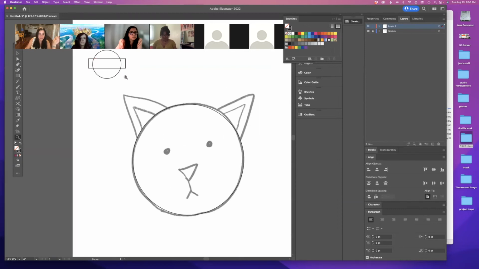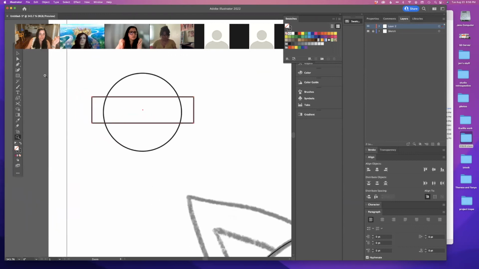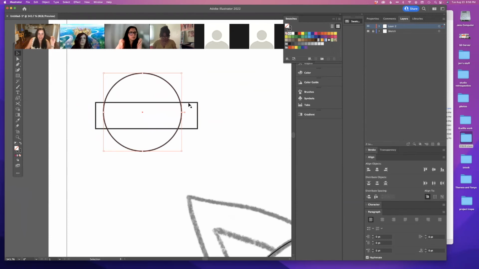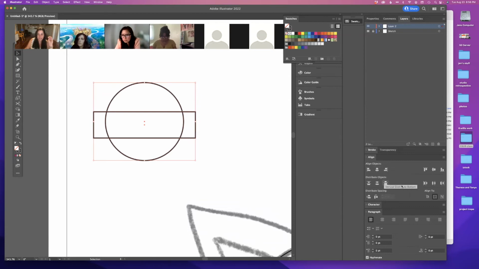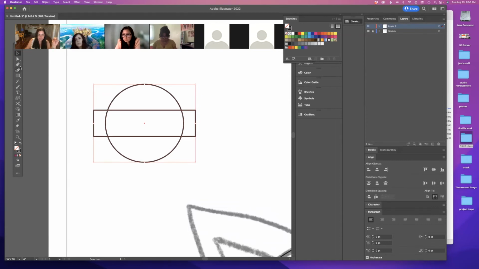I'm going to zoom in here. And you'll see when you make shapes, they have points. So this black arrow that I just clicked on lets me move this entire shape. And it'll highlight what I have selected. And I can grab both of these shapes by holding down Shift on my keyboard and clicking this shape too. So now I have both of those grabbed. And then I can go over here to my align and I can center them up so that they're centered together.